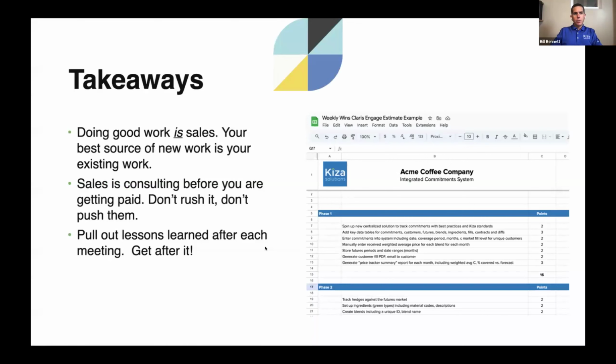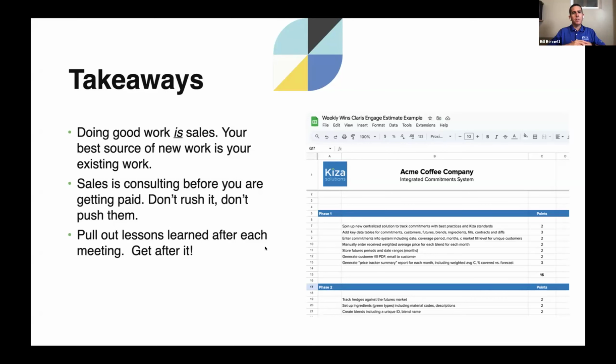In conclusion, I really believe that doing good work is sales. I can sometimes feel a conflict in my role, as I'm sure we all do. Is it, should I bill some time? Should I put a little extra coat of paint on that solution, or should I get out there and hunt? And I do believe that we can take a certain